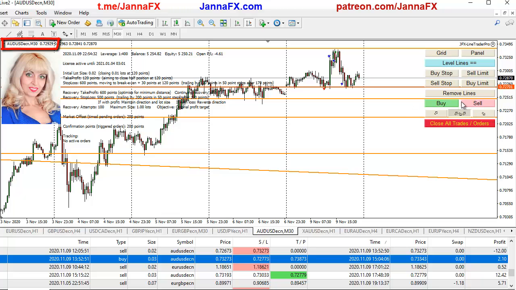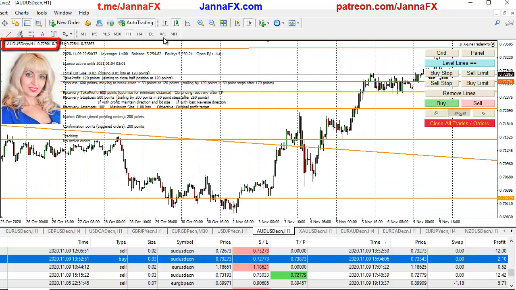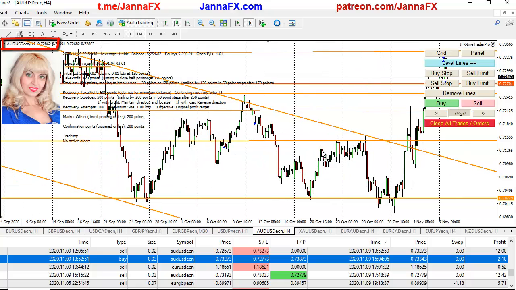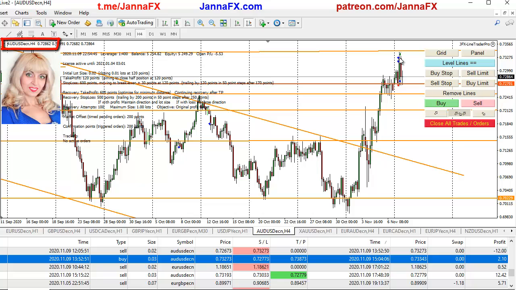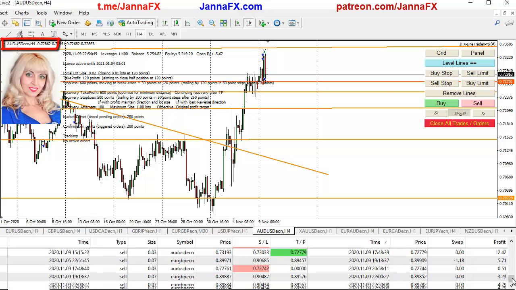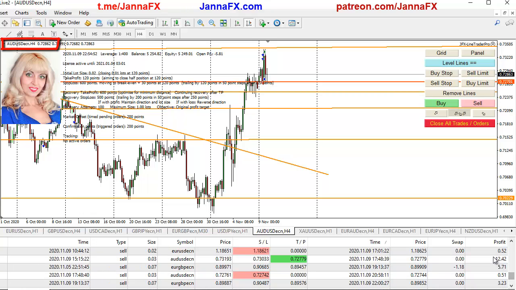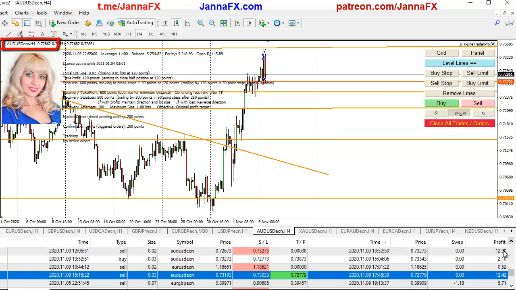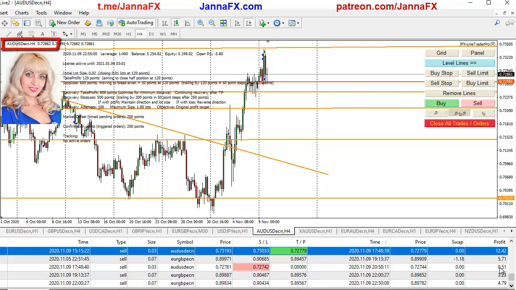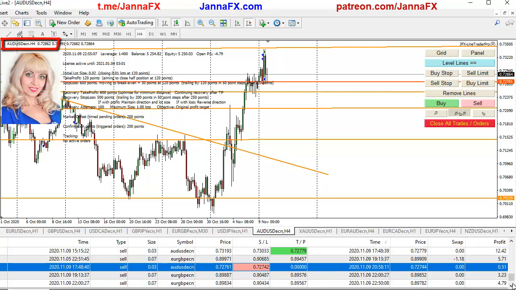That's what it's also so helpful to do, because it reached the previous stop. And I thought, okay, it did move, but not too much. So that's why I reversed. You see that previous stop? That's why it turned around and got me into a recovery trade and moved enough, those 60 pips, to get me out. You see, it covered the loss and made me a small profit. And even more, we had minus 12, so it made me another $2.42 and still another like 50 cents. So okay, can't complain.